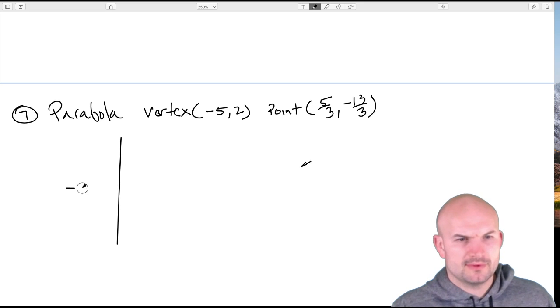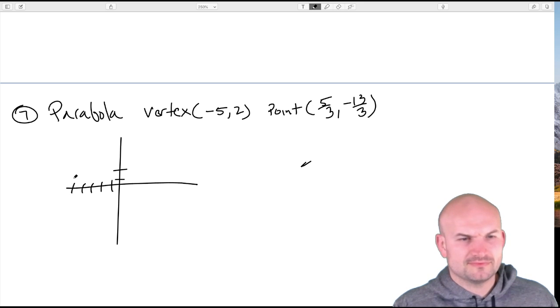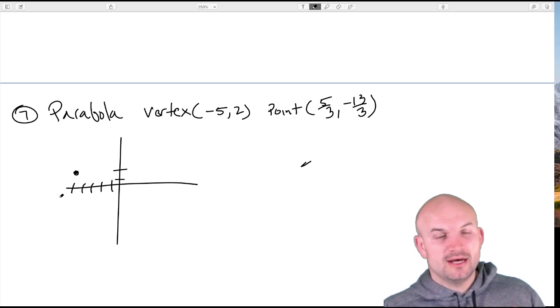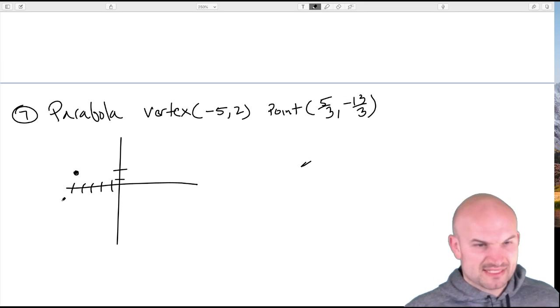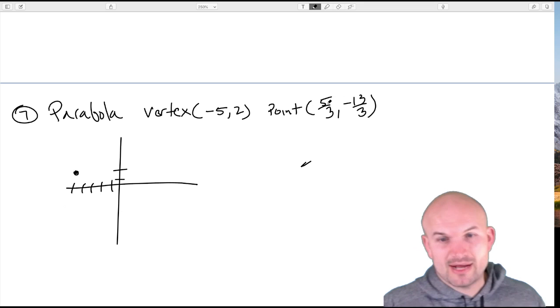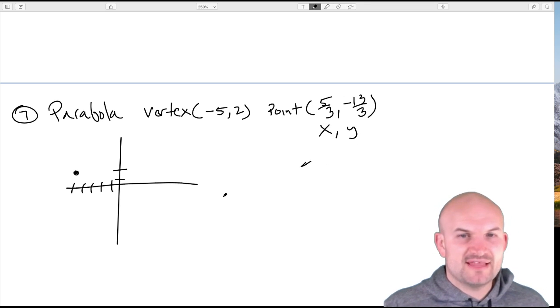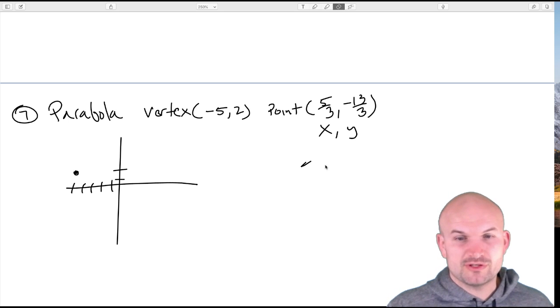Okay. So first thing we want to do is negative 5, 2. So 1, 2, 3, 4, 5, up 2. Okay. So there's a parabola. Now the problem is we don't know where this parabola opens up to. We have an X and a Y coordinate. That's cool. But we're not sure if that parabola opens up,